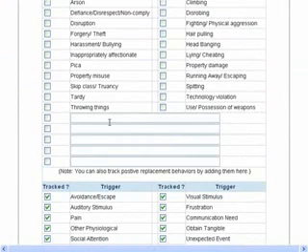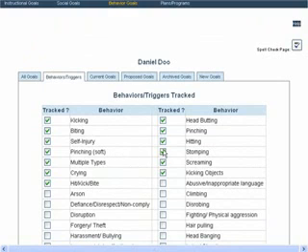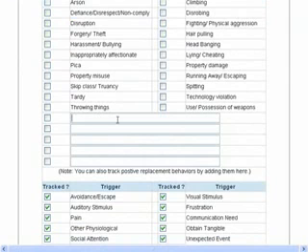If you wanted to add a special condition, this student actually has one called multiple types, which allows you to take data on multiple different behaviors at once. We primarily used that one when the student did all sorts of different behaviors at one time. So it was hitting, kicking, biting, pinching. But let's say you didn't really want to track hitting, kicking, pinching separately. You could actually create a behavior, just called aggression,